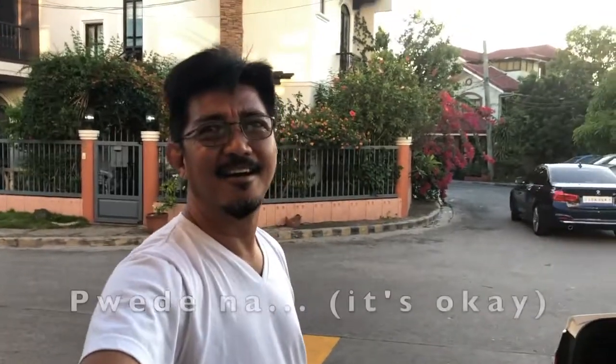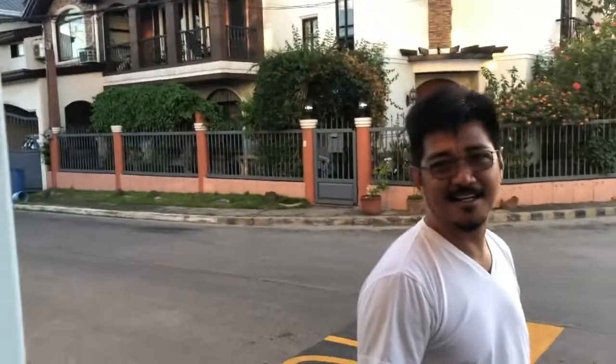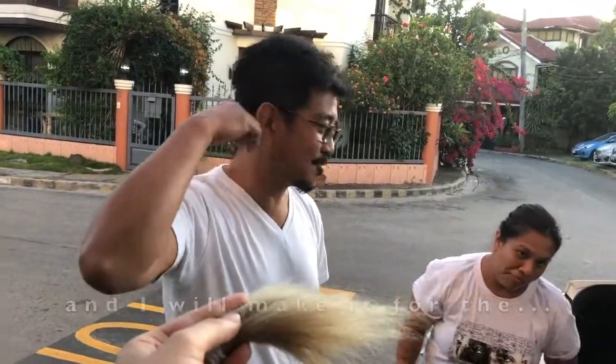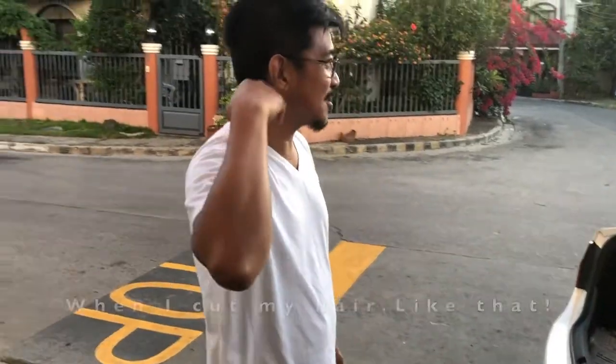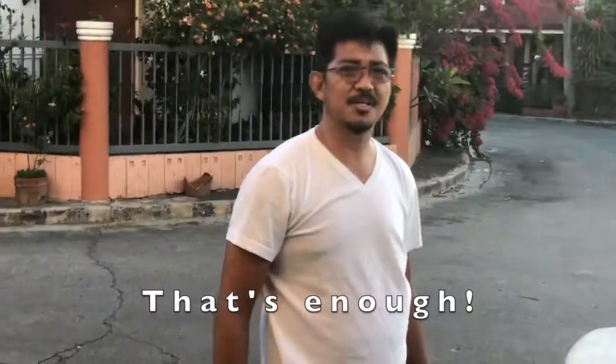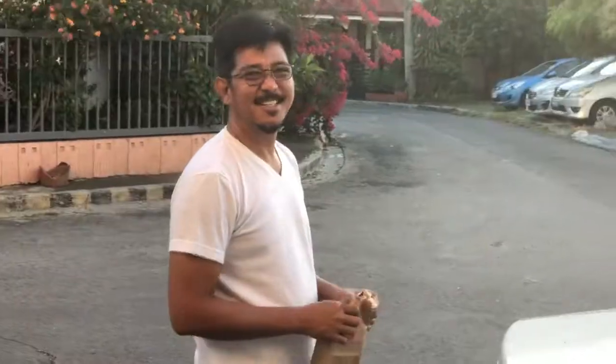Tingnan mo. Pwede na. Pwede na? Tingnan mo yung likod. Yeah. Pantay? Yeah. Yan! Yeah, you just cut like that. When I cut my hair, I'll do like that. You want to make it shorter? Enough? Approve? So I changed my shirt because it was getting itchy and I just wanted to share with